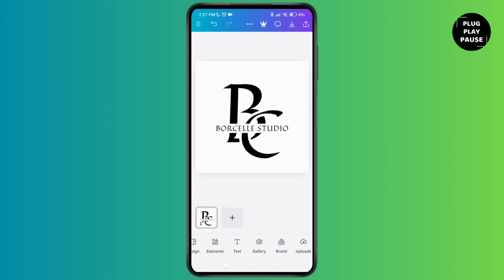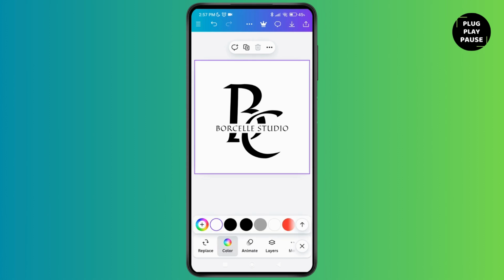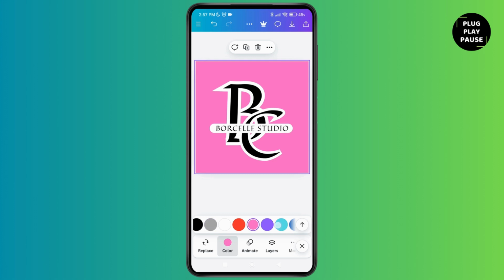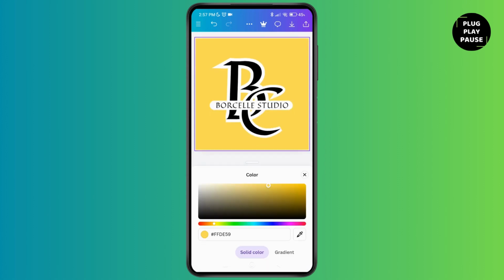Now if you want to add colors on background, all you have to do is select on the image or the logo and then tap on the color option at the bottom. Now here you'll be able to see different colors that are available for your logo. Now you can select any of the colors, either black or gray or whichever color that you most want to use for your logo. I'm going to tap on this plus icon if you want different variations with the colors